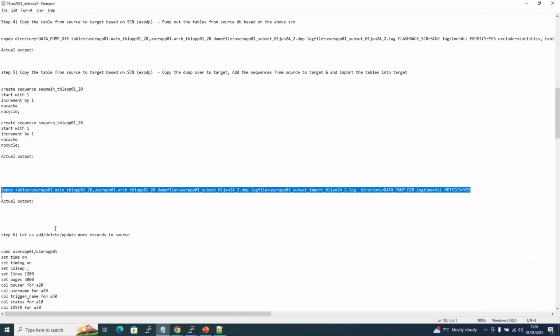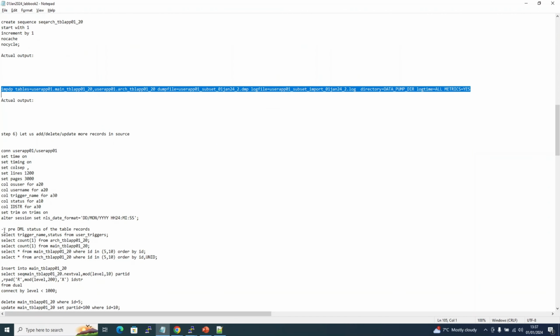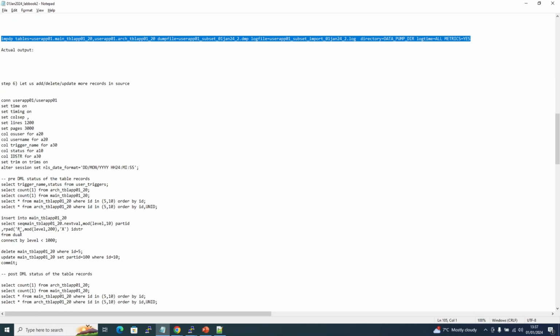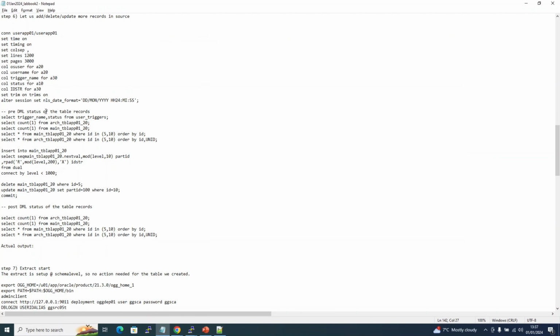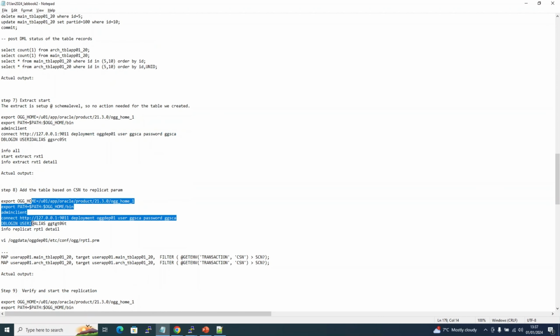And then we will perform some DML operations before we even start the extract. We'll perform some DML operations like loading the data, deleting one record and updating one record. We'll check how it looks at the end in the source itself, and then we will start the extract, and then we will